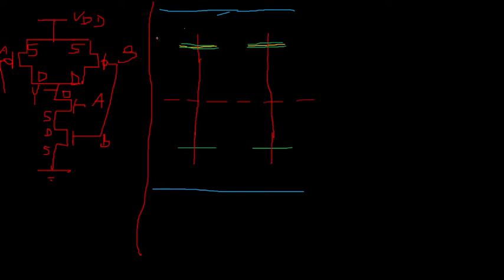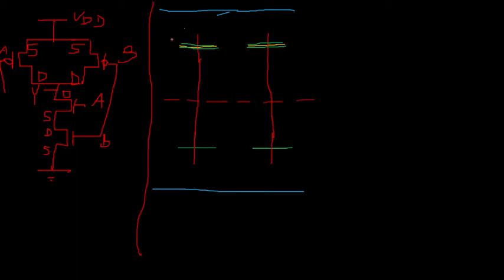Here some tricky things can be done. Both the sources are connected to VDD. So what you can do, either you can take the sources inside or both the sources outside, because if you observe the CMOS circuit, both the sources are shorted together and both the drains are shorted together. So both the ways you can do.